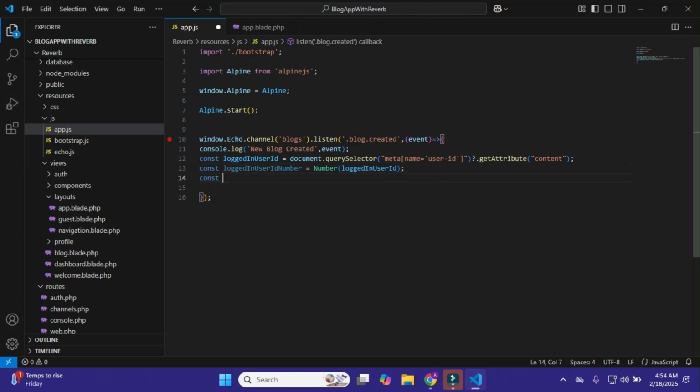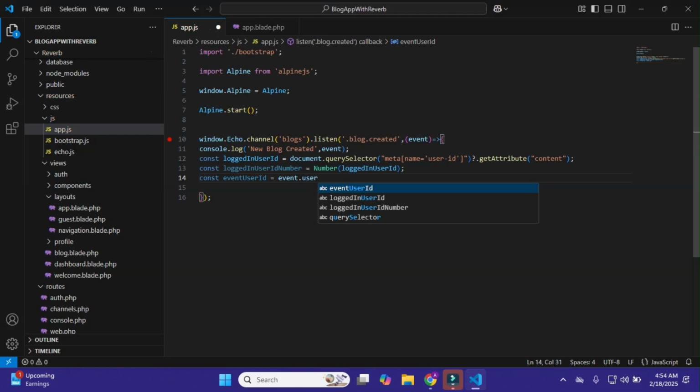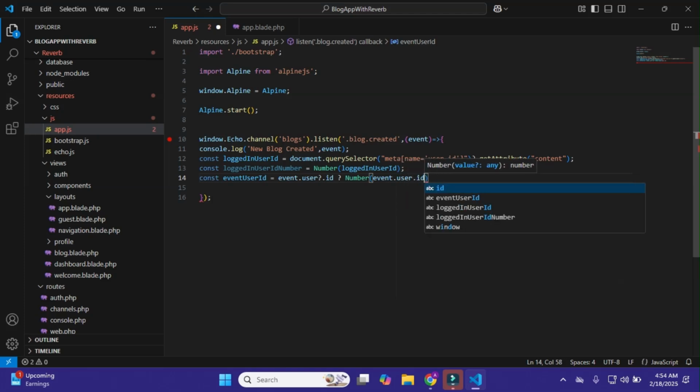Okay, so now I'll just simply make it const eventUserId, and within it event.user.id, and within it I'll just simply make it Number(event.user.id), just this, and pass it null.